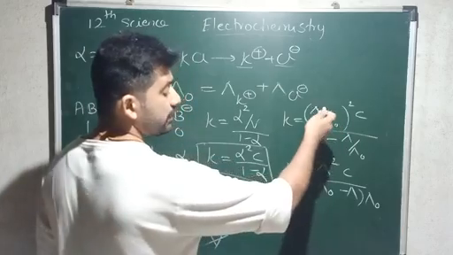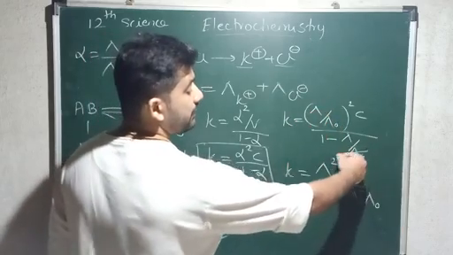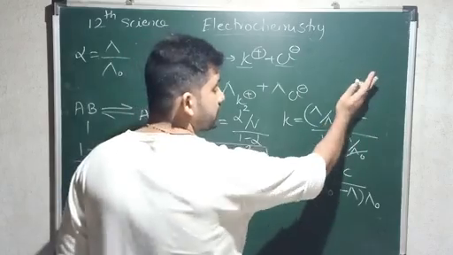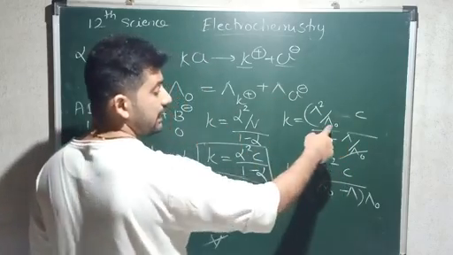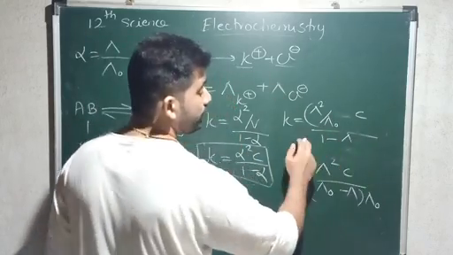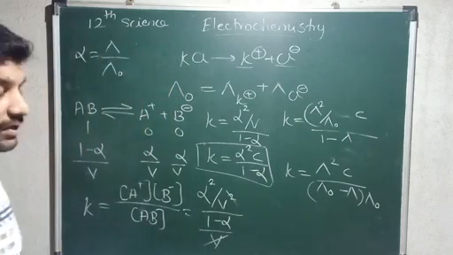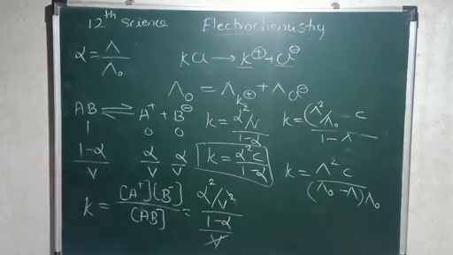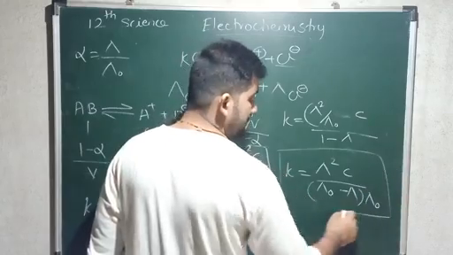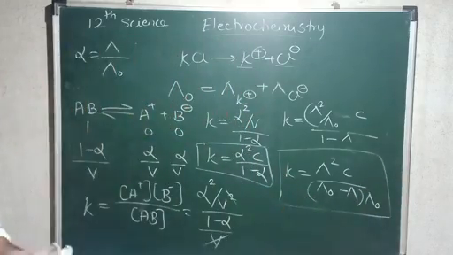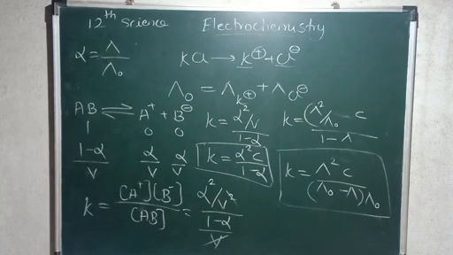Why? Because here we have lambda square, and lambda and the square will get cancelled, remaining lambda 0. That lambda 0 will come for multiplication over here. You can solve this equation, it is very easy. Try to solve it and you will get this equation. K, that is reaction constant K, is equal to molar conductivity square into C upon lambda 0 into lambda 0 minus lambda. So in this way we have different formulas.